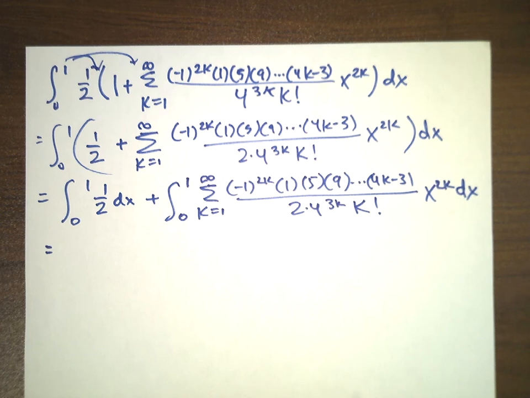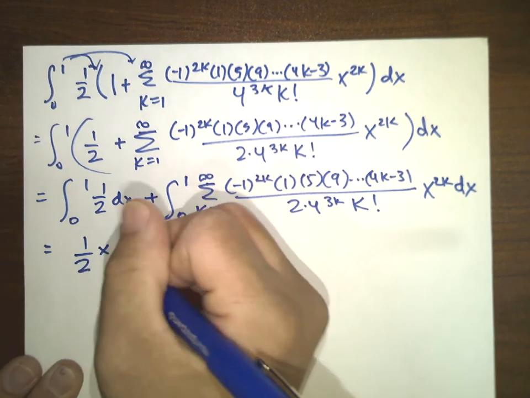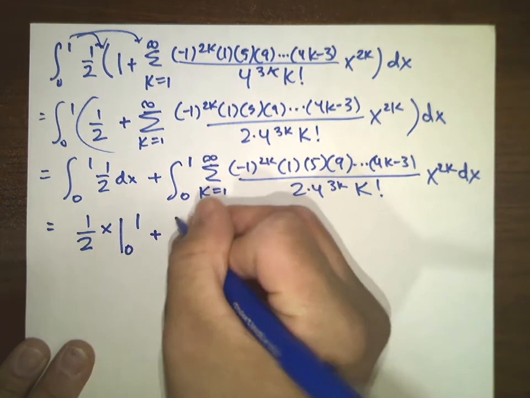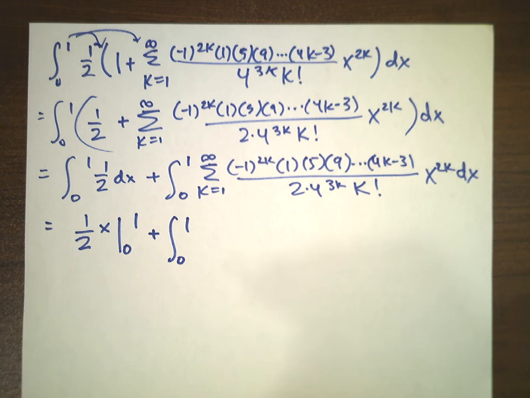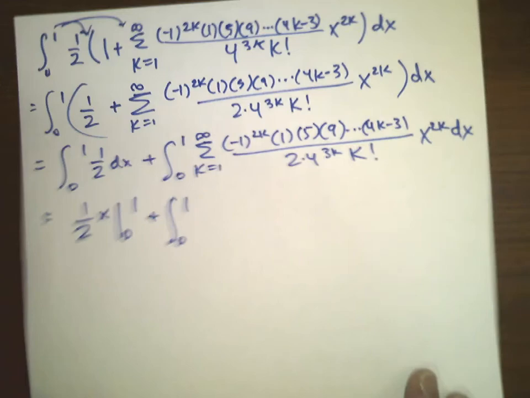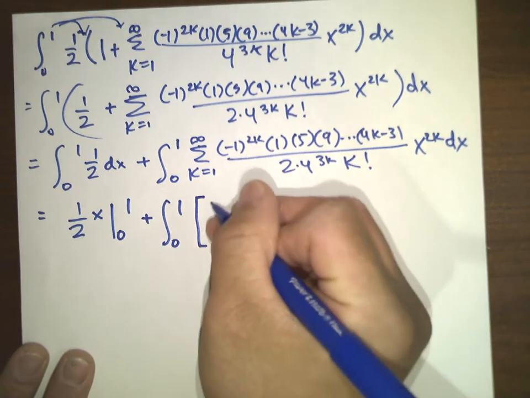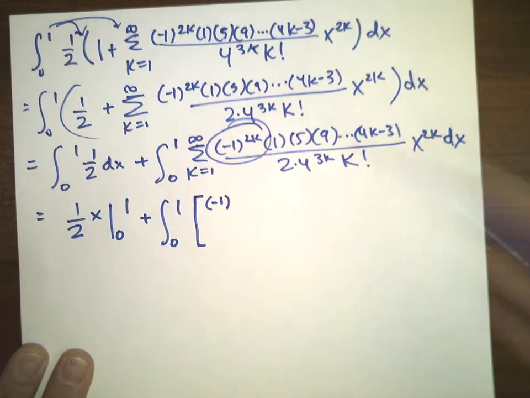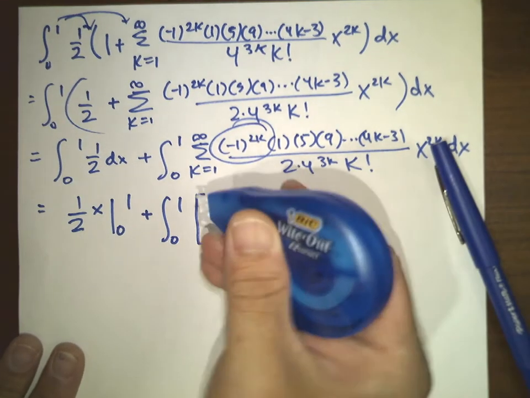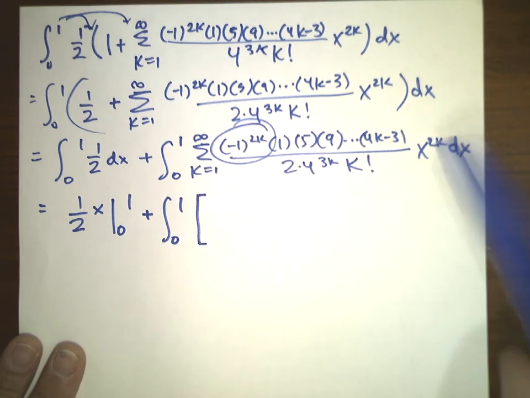And the integral with respect to x of 1/2 is actually equal to 1/2 x. So we have 1/2 x here. So let's write that down real quickly. So 1/2 x, and we're going to evaluate this from 0 to 1 still, and then plus the integral from 0 to 1. And let's go ahead and write out a few of these terms, just using a few of the terms to estimate the integral. We don't really need to leave it in the summation form here. So this will be, for k equals 1, negative 1 to the, well, by the way, you don't actually even need that because that's always positive since it's to an even power here. So I'm actually going to make this a little bit easier for us. So the first one will just be